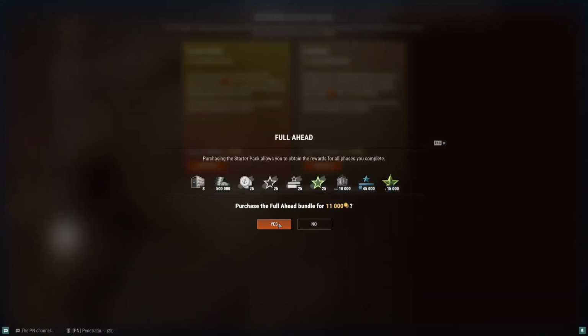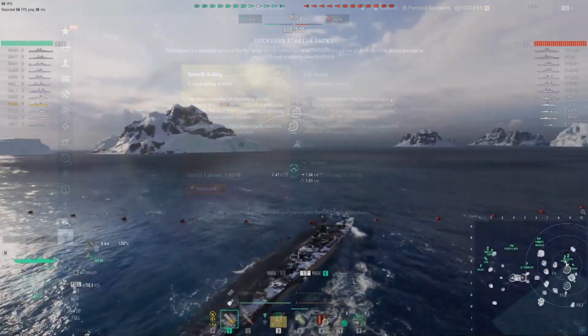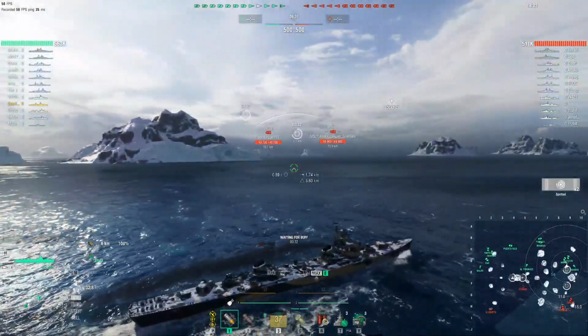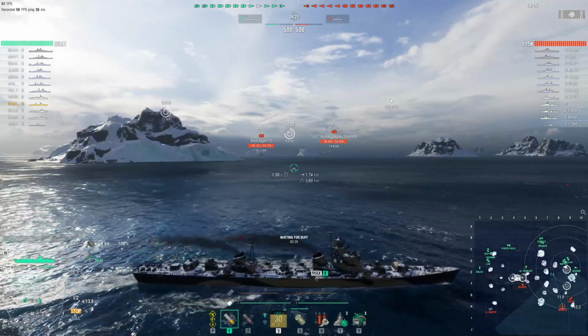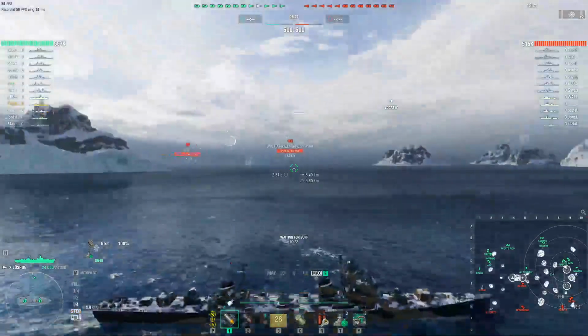A starter pack with 11 phases is also available, and players can also spend 1500 doubloons per stage if they want to rush the ship. Any DockYard tokens obtained after earning the ship will give the player an additional 250 steel instead, which is pretty nice. Even if you don't plan on getting the Lushun, the DockYard rewards are quite nice, so complete as many